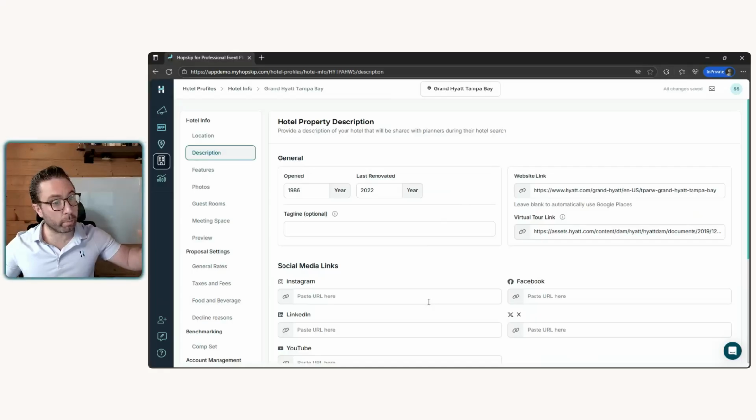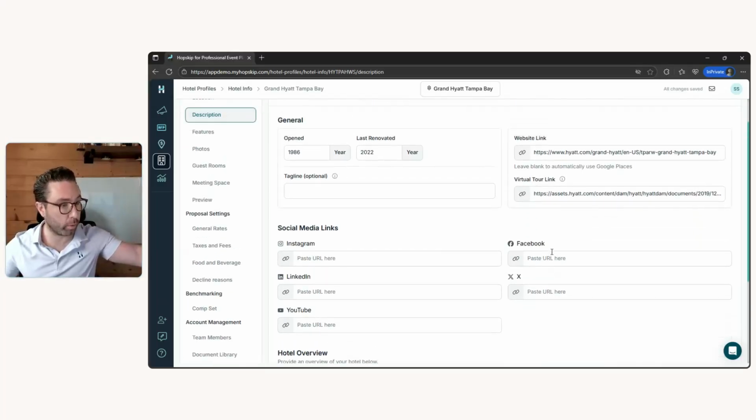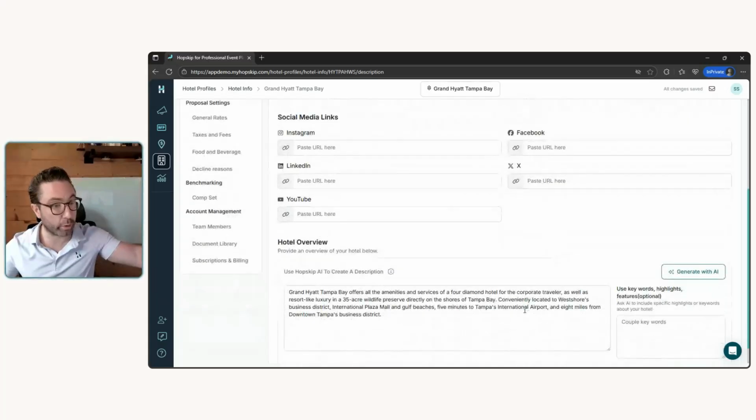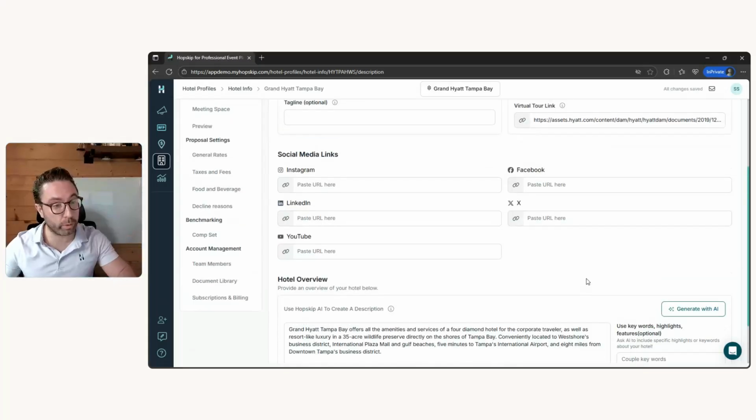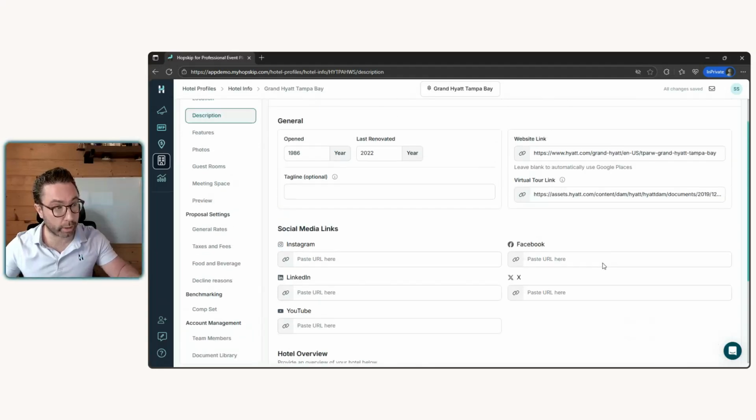This is where you're going to be able to add additional attributes for your property and define things like the year that your property opened, the year that it was last renovated. You can share your website or virtual tour links. Any of your social links are also available. This is where you would also add your description. This is important because these are all attributes that planners care about and review during the hotel search phase of